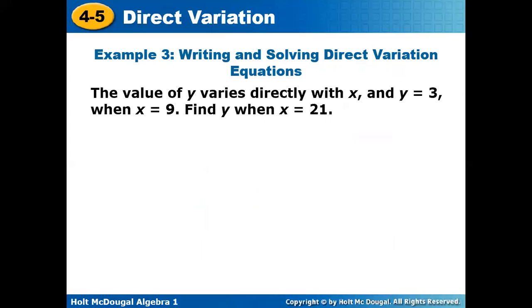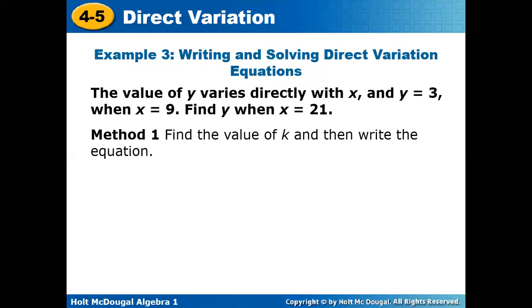Now, example 3, writing and solving direct variation equations. The value of y varies directly with x, and y equals 3 when x equals 9. Find y when x equals 21. In this question also we have more than one way to find the value of y when x equals 21. The first way,